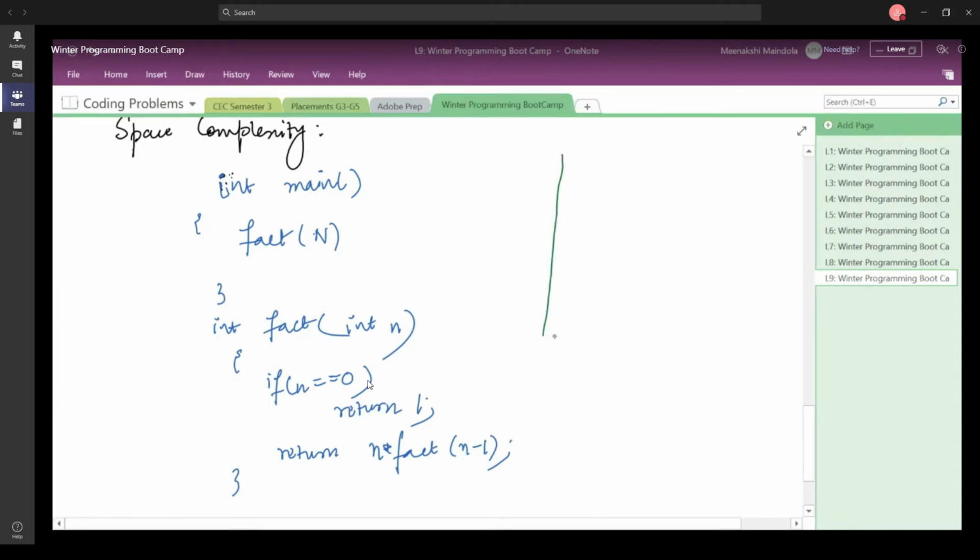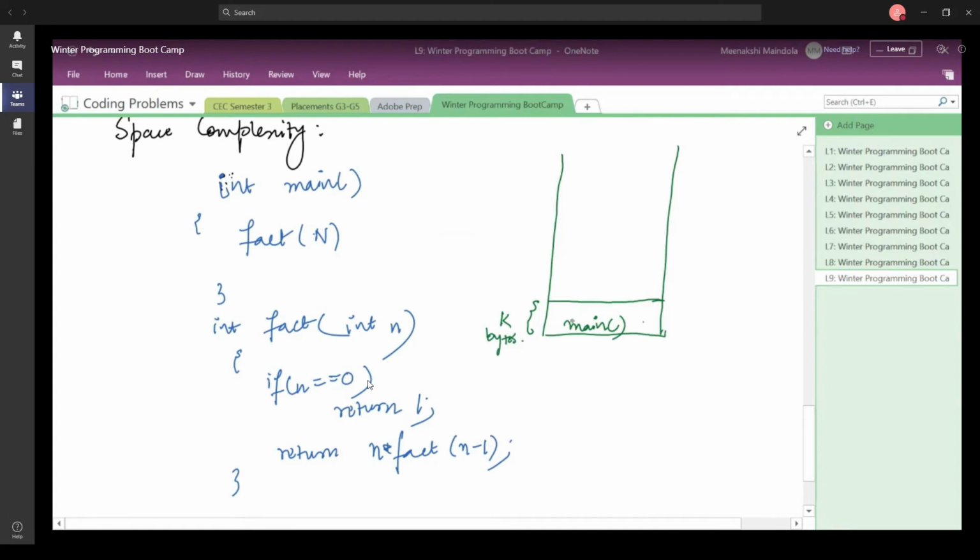let us consider this is the stack that we have. So you call the main function. The main function and its local variables are stored in this section of the stack, and it is going to take up, let us consider, k bytes.